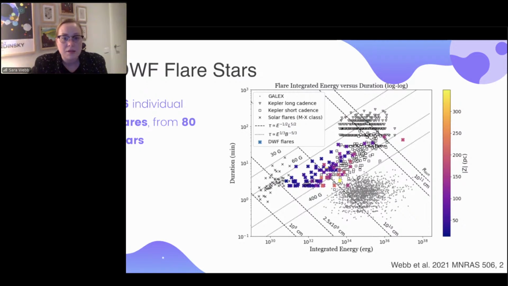And what we see is that the majority of these very short duration flares, so the ones that are lasting between 3 and 5 minutes, where that blue cluster that you can see there, they tend to be very close to the galactic plane, and they tend to have lower energies, which is very interesting, because if we look at this plot, we bridge the gap a little bit between solar class X flares, so our larger solar flares, and the more traditional flares we saw on the majority of the Kepler and Galex sources, which were all M, K, and F stars. So that was quite interesting to find.